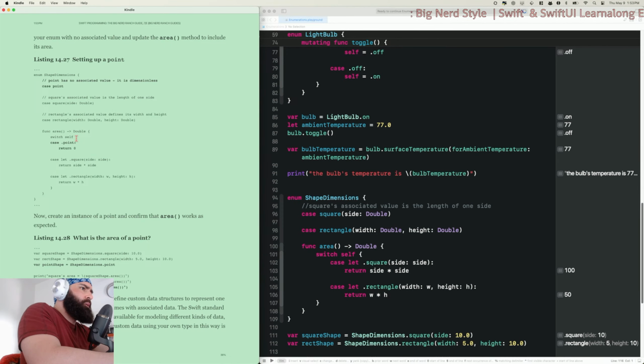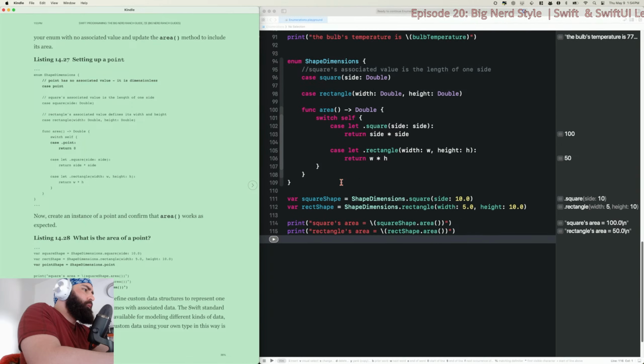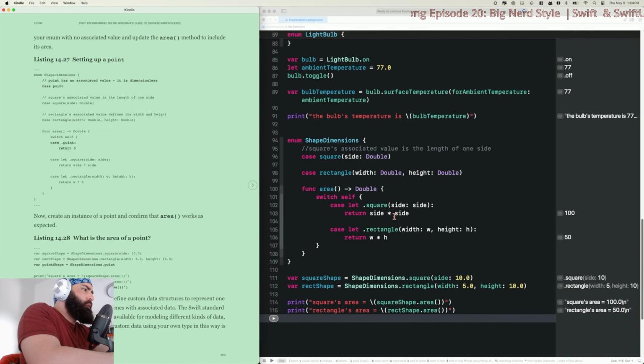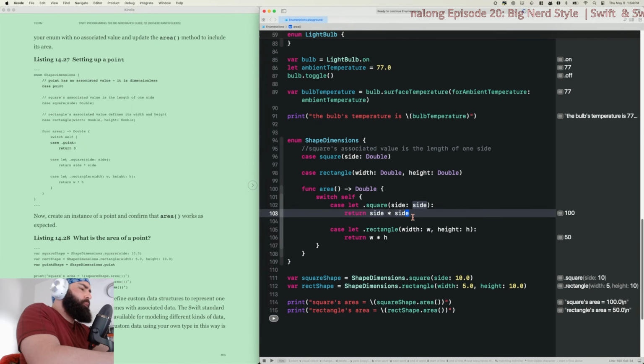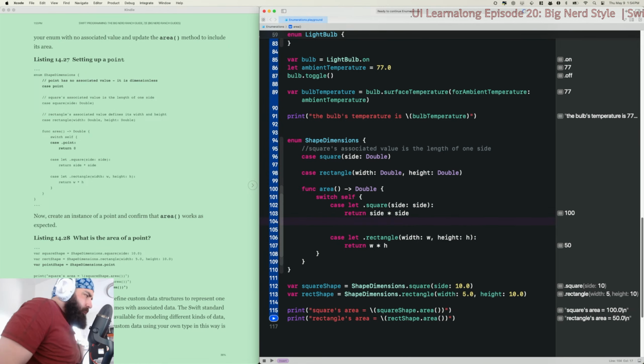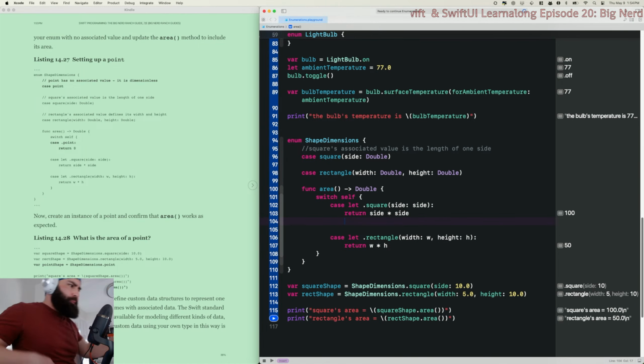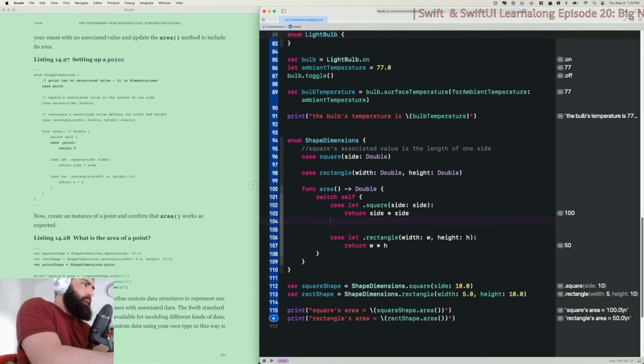It has no associated value. Func area, so down here. Okay. Case. Where'd you put it? Under switch self.